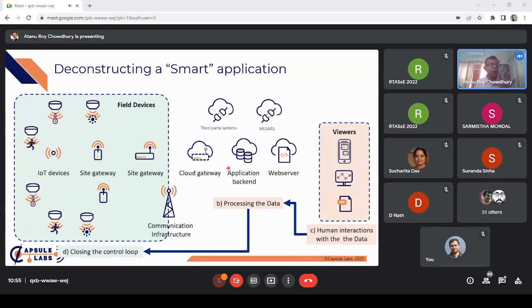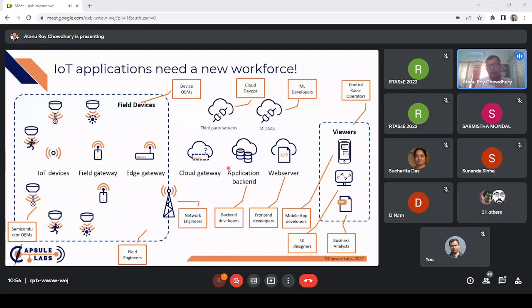Also, if you figured out that IoT applications kind of need a new workforce. It needs a workforce that thinks a little bit more laterally, right? Of course, with IoT, you have the regular jobs, right? You still need your mobile app developers, your front-end developers, your back-end developers. All the traditional IT roles are there, right? Your UI designers, your business analysts. But along with that, you now have a plethora of new roles, right? You have the control room operators, you have the ML developers, the